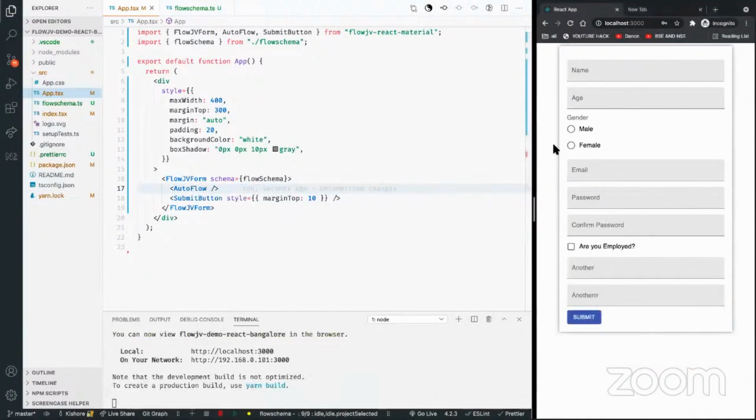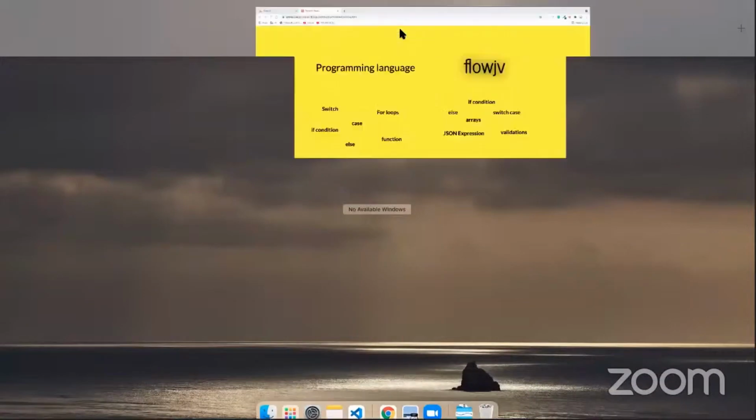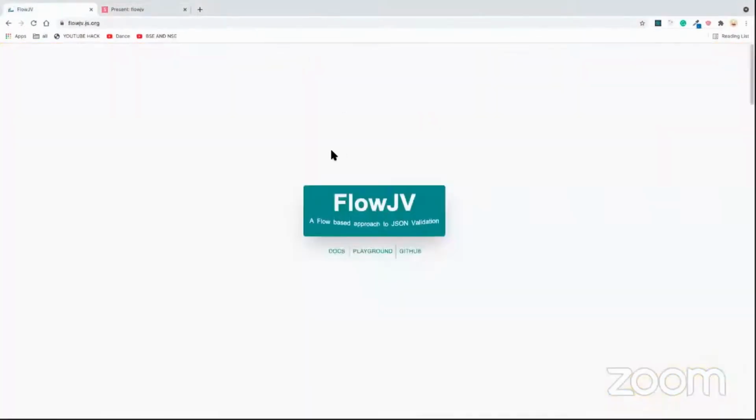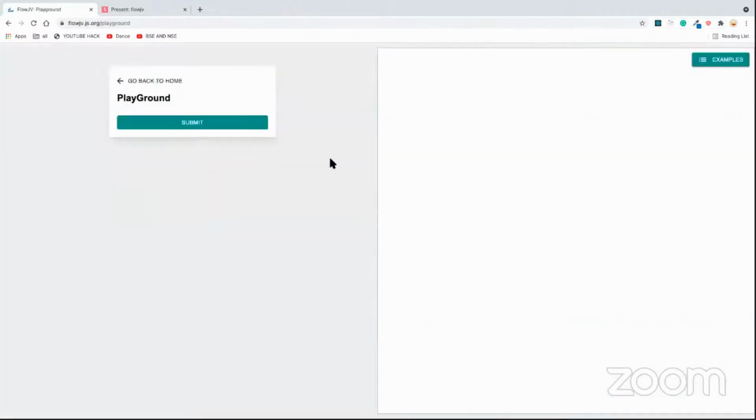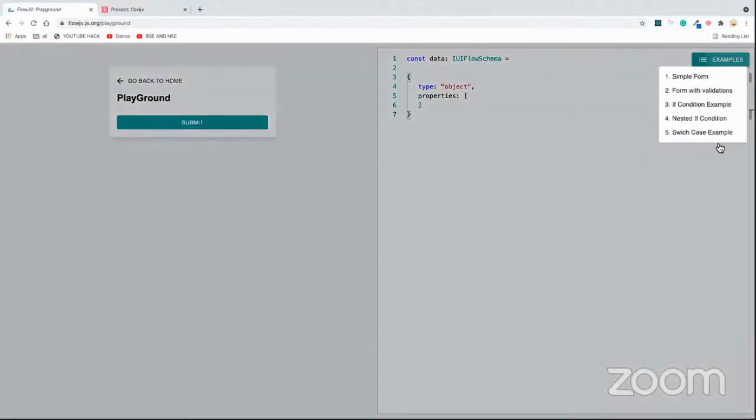One thing is, you can go as complicated with requirements as possible, and it's completely possible. Let's suppose on flowjv.js.org, the website on which this is hosted, you have something called a playground. Here you have got examples.